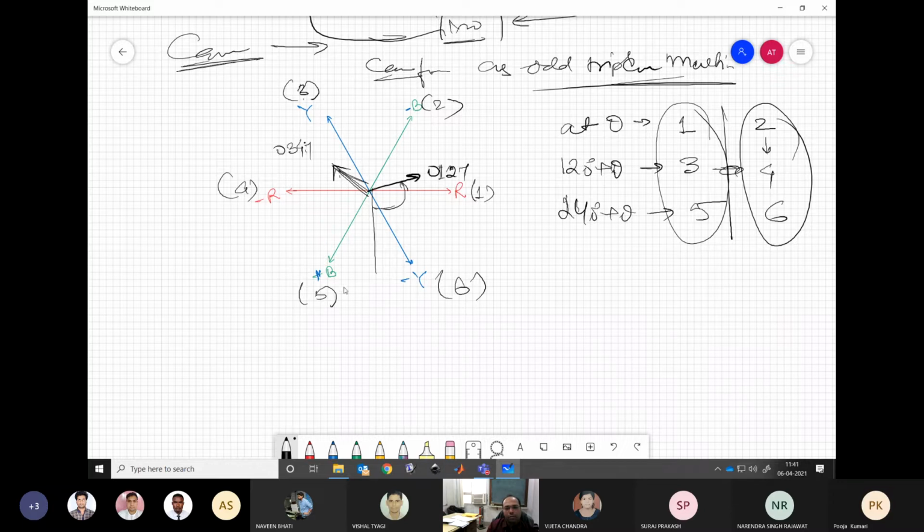Getting my point? And then again you have a further 120 degree shift. So your sequence becomes what? Instead of 3, you have 5. Then instead of 4, you have 6. And then accordingly, whichever zero vector comes there: 0, 5, 6, 7. So here your zero vector is not changing its position. Are you seeing that? Yes, sir.